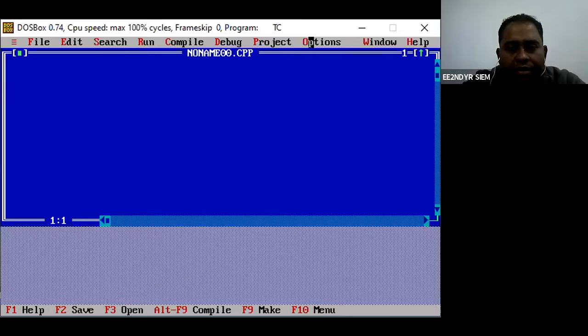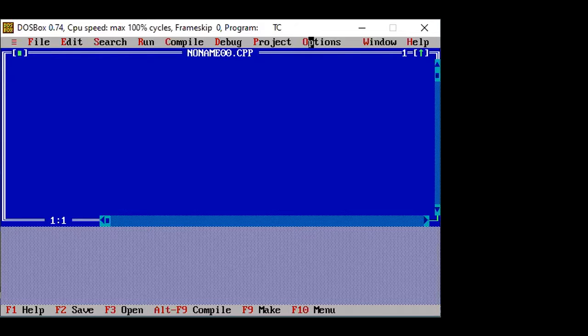Is it full screen or is it showing in a small screen? What is the output that you are getting on your side? Are you able to see it in a full screen or in a small window? Full screen, sir.